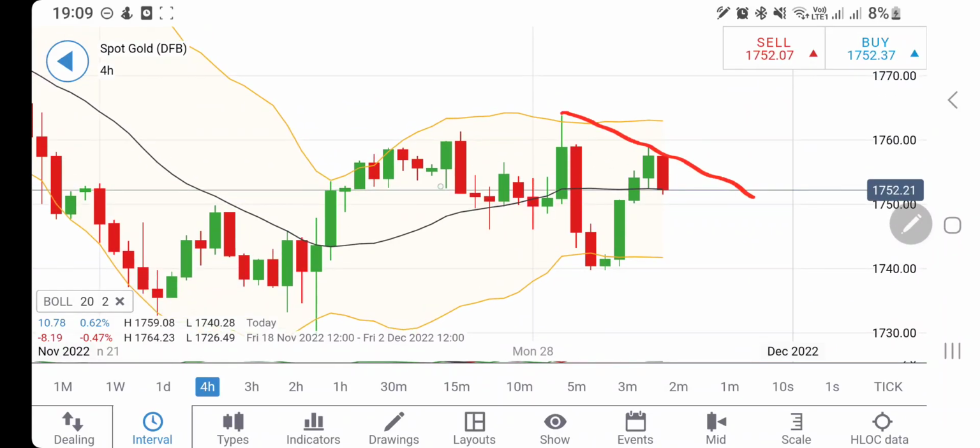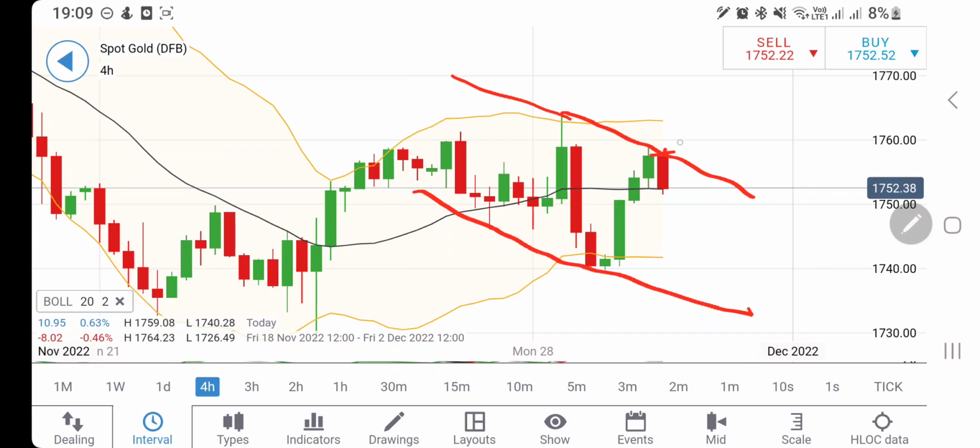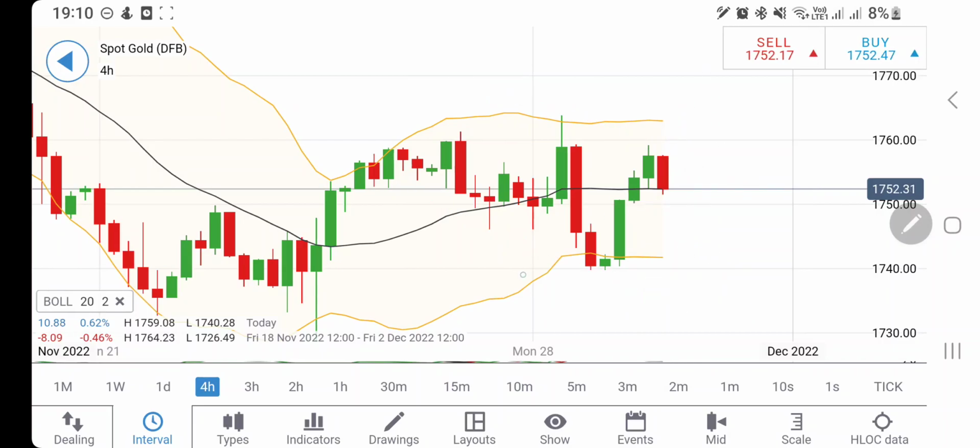See lower highs, lower lows. That is what we can see here on the charts. But at the same time, this candle, if it breaches past 1758, confirm it for a breakout, and then we can see it flying high. Till the time it trades below this, certainly the next candle I will wait for. It may try to attempt and achieve, and this time if it breaks 1740, it may give a very strong